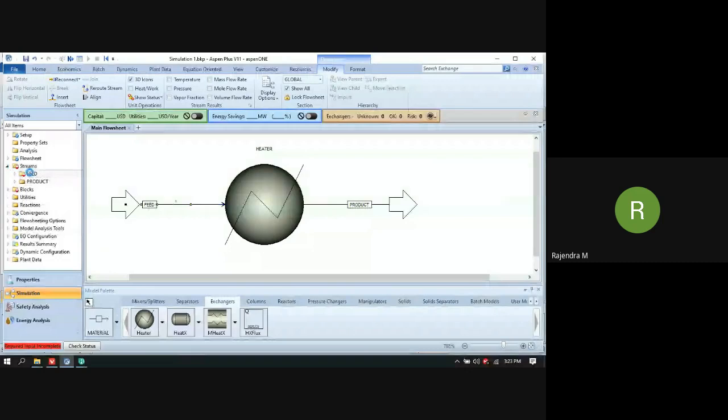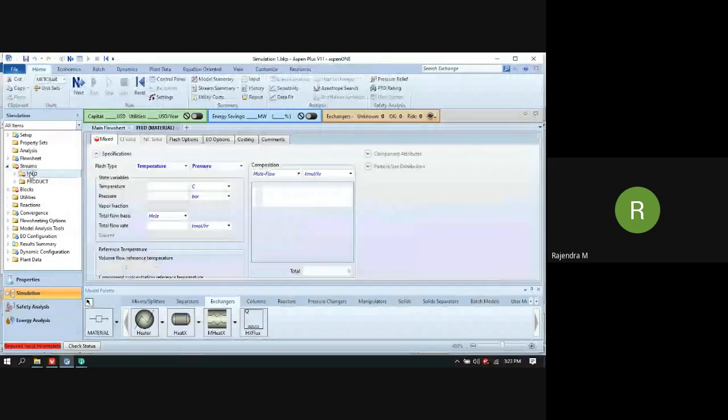You can click on the feed stream, and it will open. Okay. Here you have to provide temperature, pressure, or vapor fraction. So of these three things, you have to provide any two. The third will be automatically calculated.